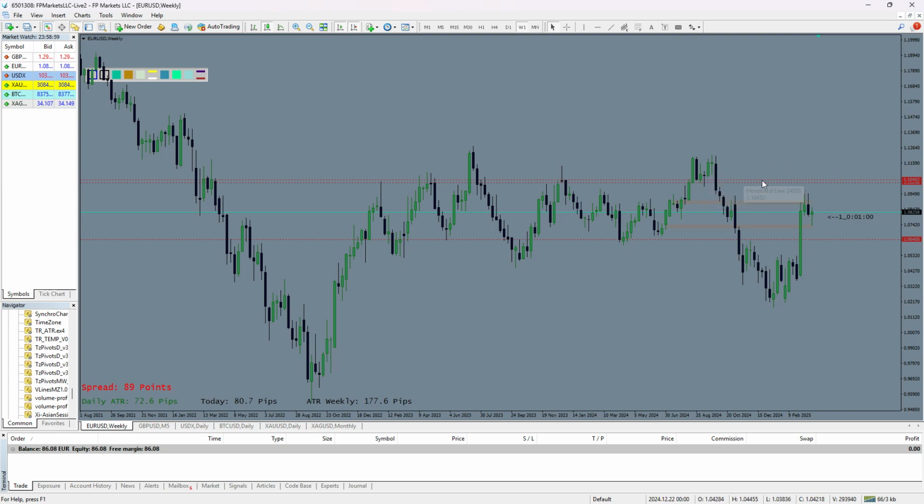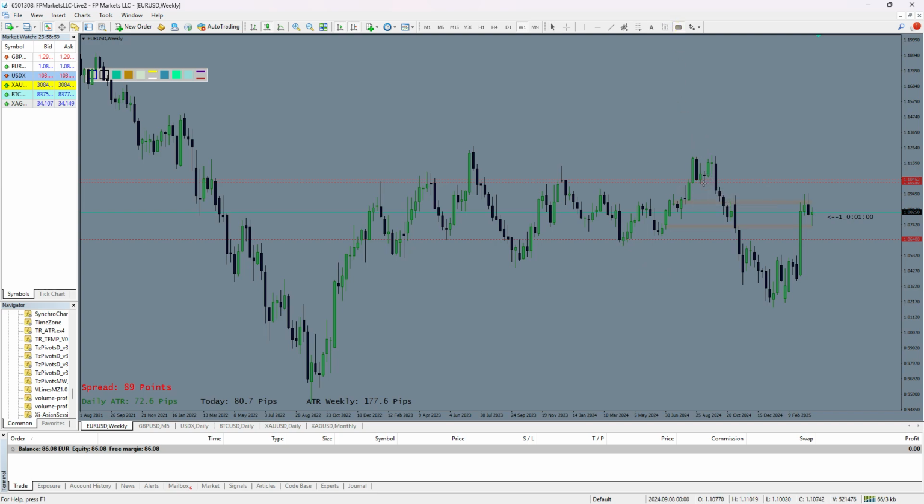Okay, so an area like that, and again, this would be our breaker as well, because you see there's liquidity here, this takes out liquidity, and then a big drop, and that makes our breaker,